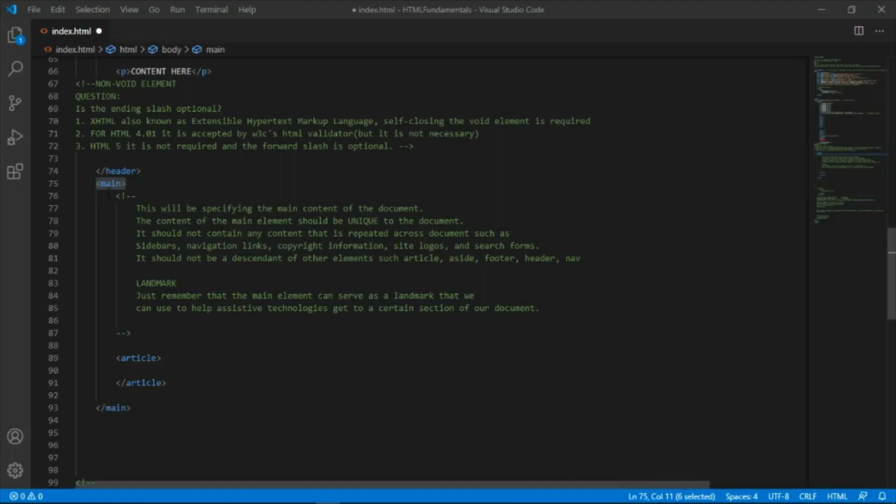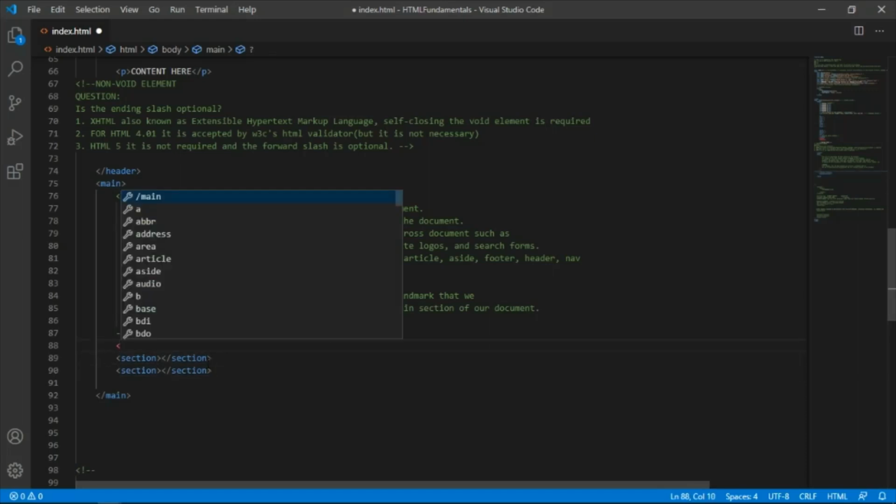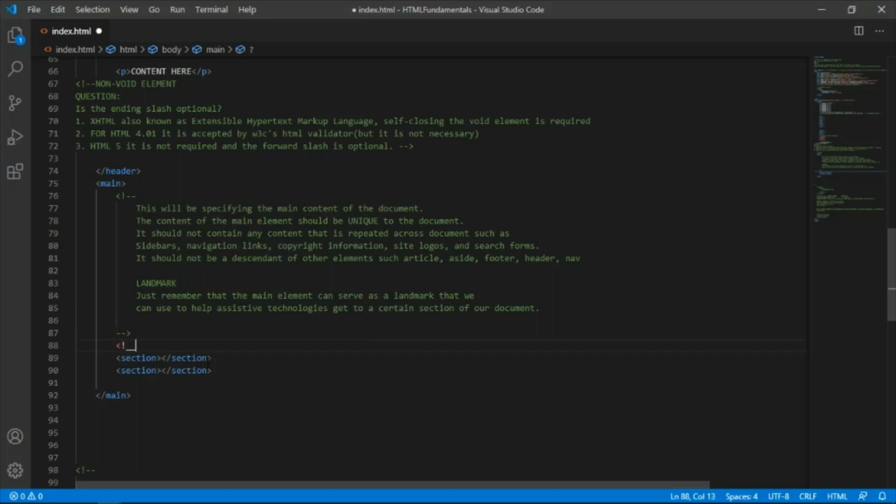Now that we understand that the main element here can serve as a landmark, let's go and create at least 2 sections inside of it. Let me just go and create 2 sections. So let me just Control C that and Control V. I would want to have a section pertaining to, let's say, the author of the website, and I would want to, let's say I'm a story writer, create an about